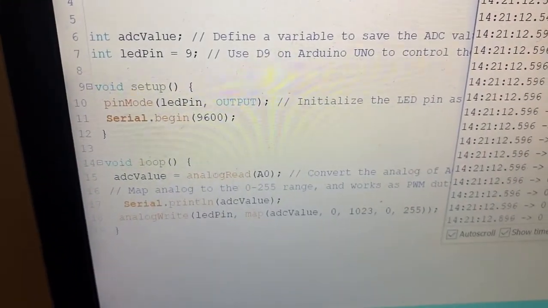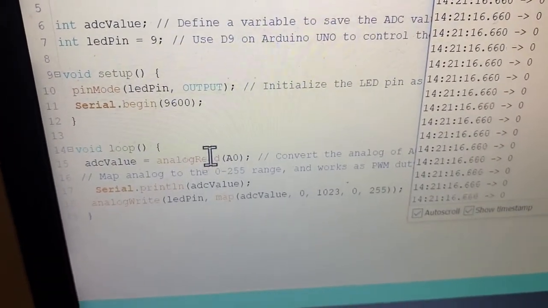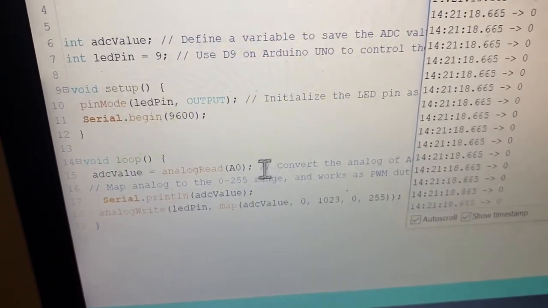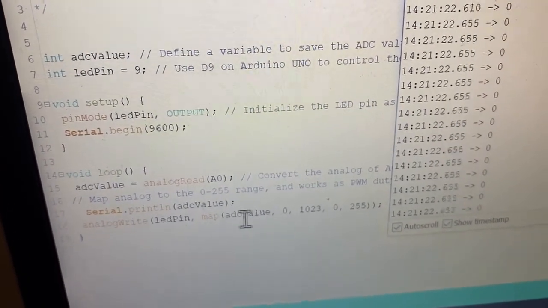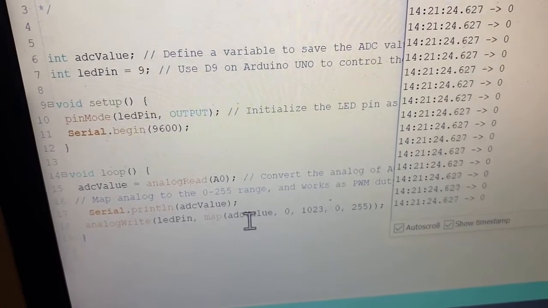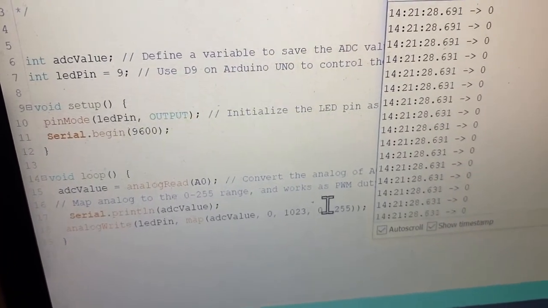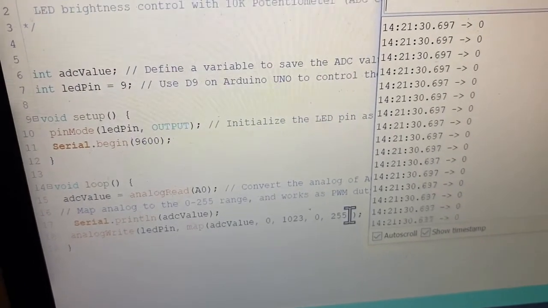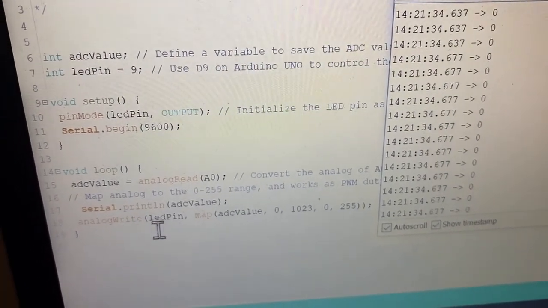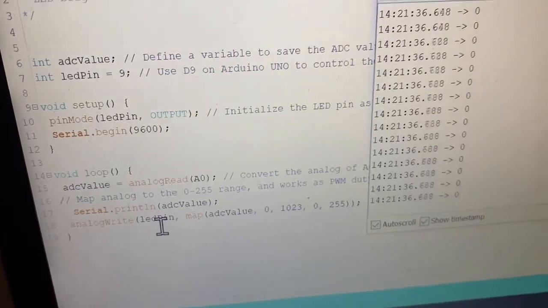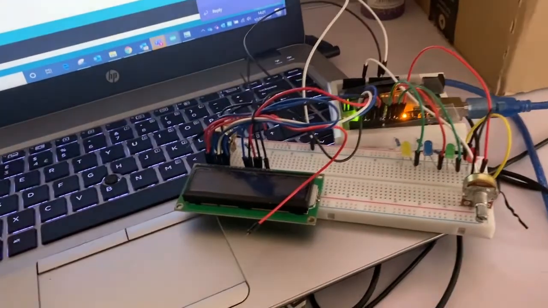The analogRead value is captured via this A0 pin, then mapped with the help of this map method. The ADC value is mapped to a range of 0 to 255, and then that value is converted to this LED pin brightness. So this is how it works.